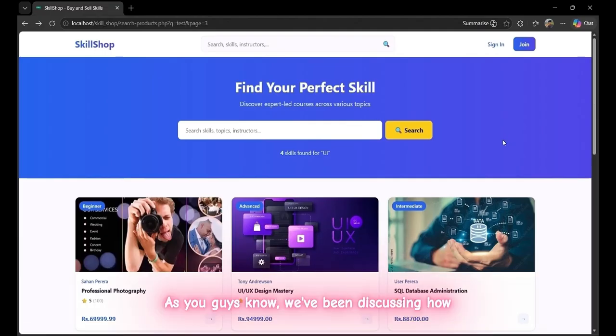As you guys know, we've been discussing how to create an online web application from scratch. So today our task is to design a responsive product searching page using HTML, CSS, JavaScript and Tailwind. So as you can see, I have created my search products.php file over here, and if you check it out, we have the header over the top, and next